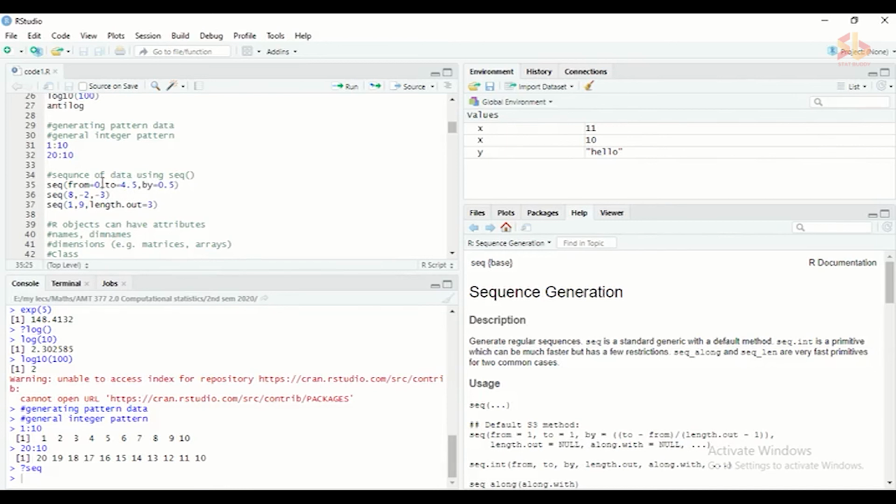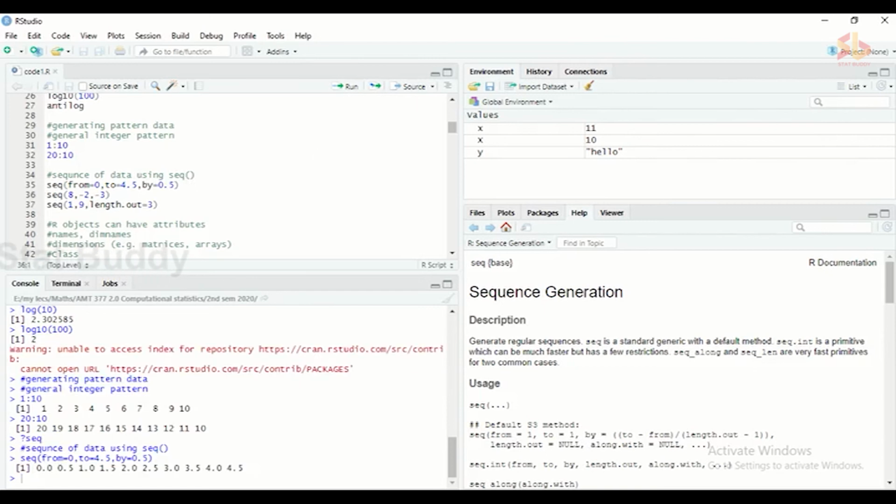Starting from 0, the next value is 0.5, then add 0.5 to the second value and return the third value as 1. Likewise, it increases up to 4.5. Then we can execute that one and you can see the pattern.